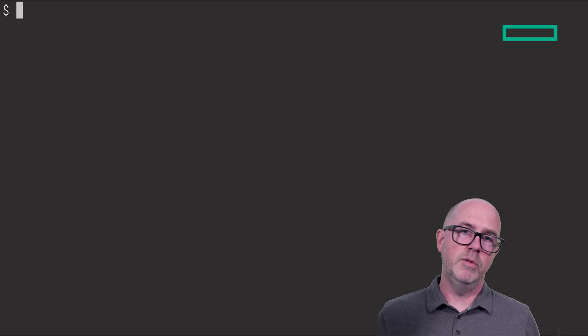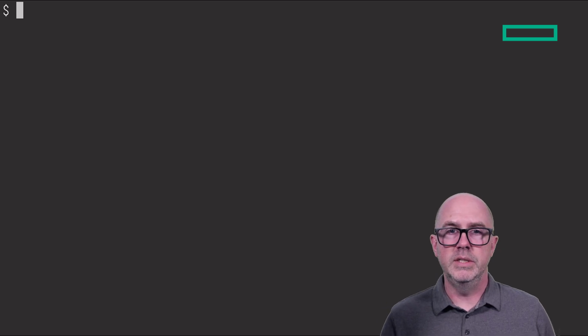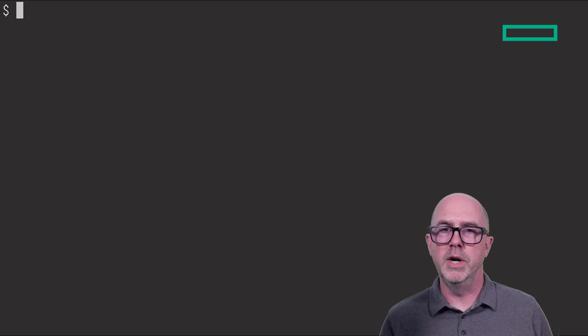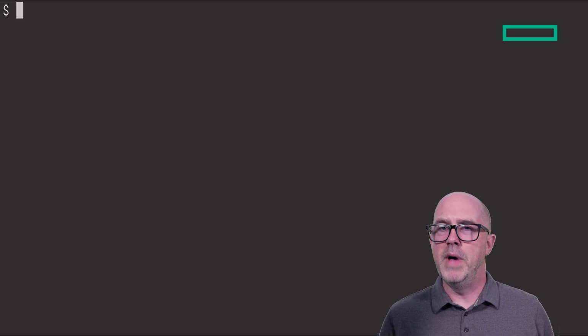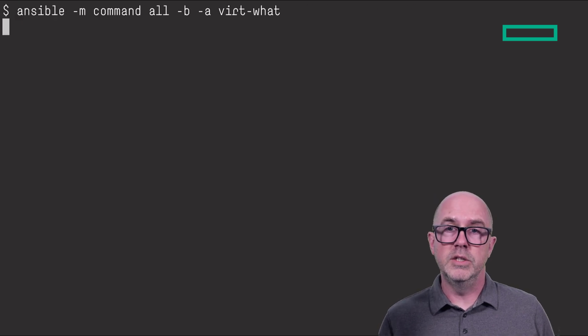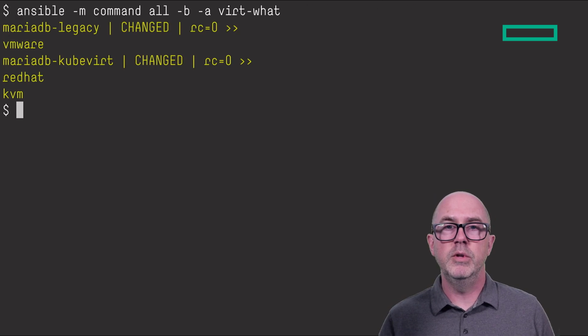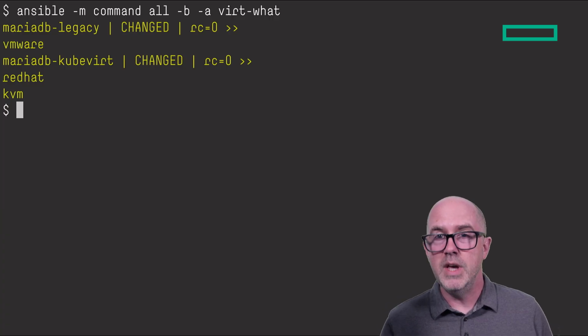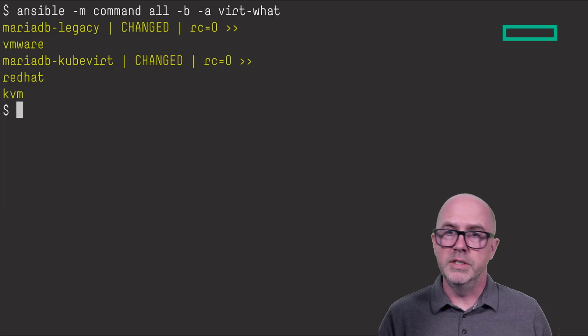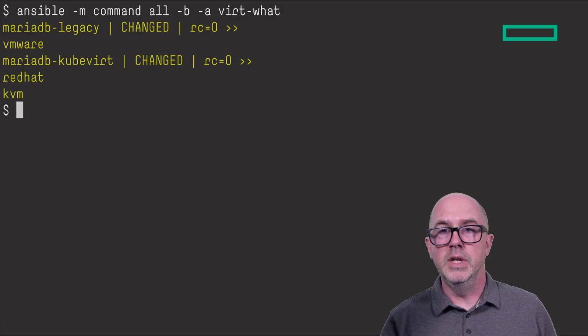A handful of Ansible playbooks have been created to assist with some of the most mundane tasks that we're going to perform throughout this migration. All the example manifests and playbooks used in this demo are available on developer.hpe.com. Just search for KubeVirt. First off, we're going to run uname against the source and the destination VM, and that will reveal that the legacy VM is running on vSphere and the destination VM is running in a KVM virtual machine.